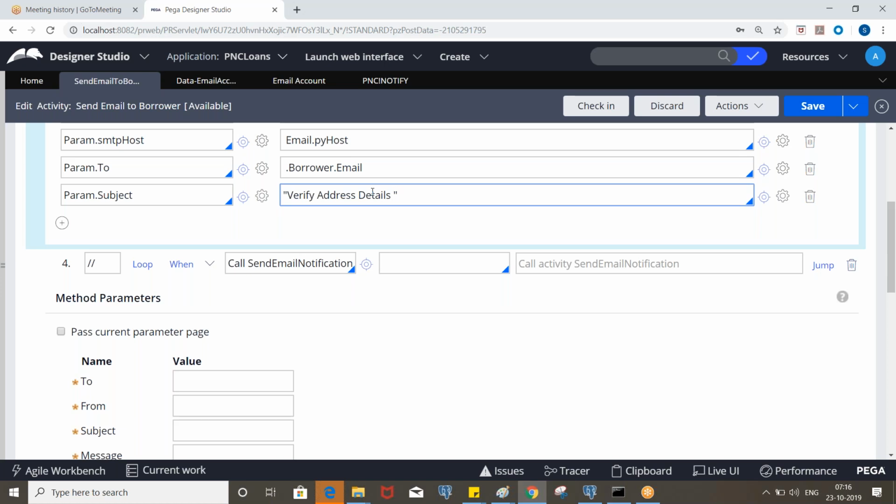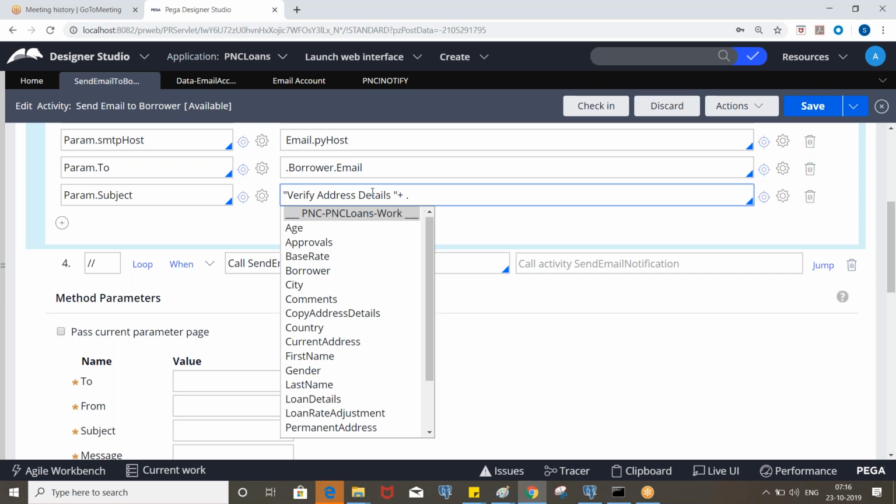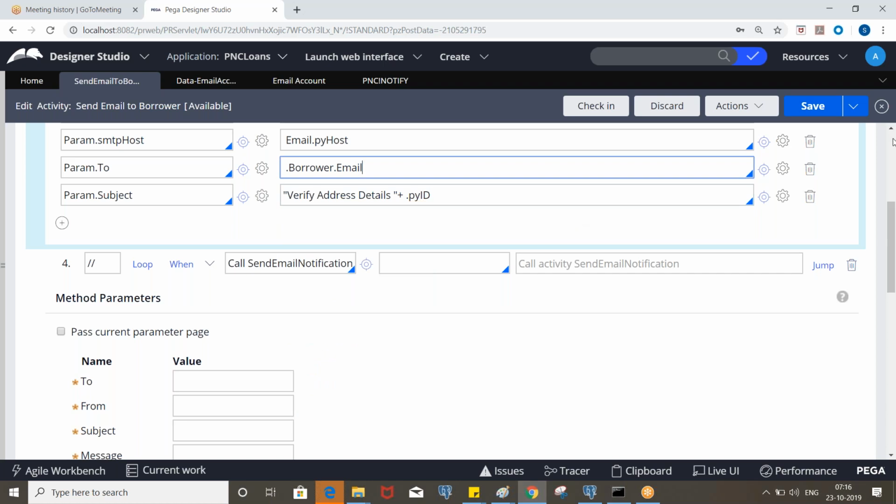And in the subject, we need the corresponding work object ID also. So what is the property we need to put? Yeah, you can pass py ID like this. Clear?